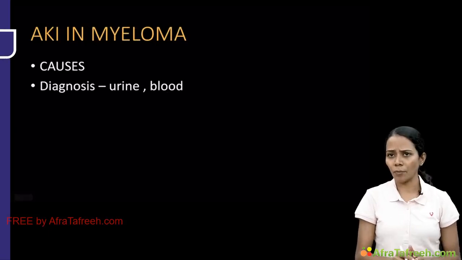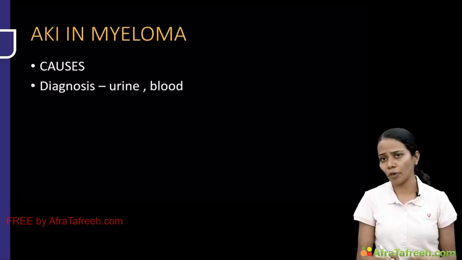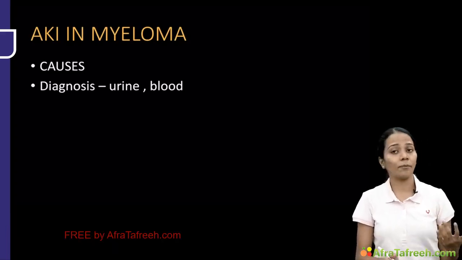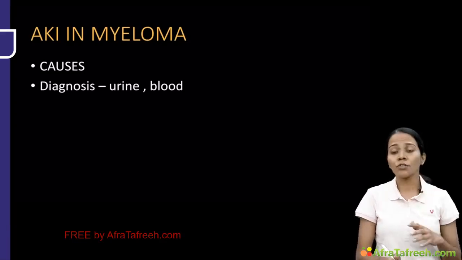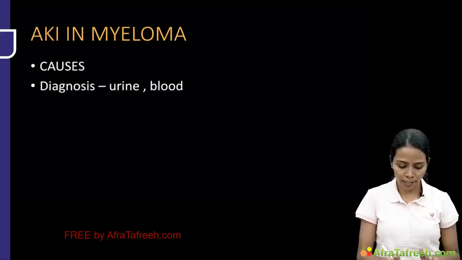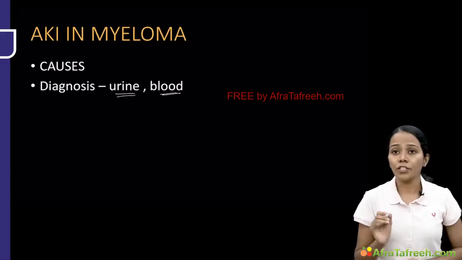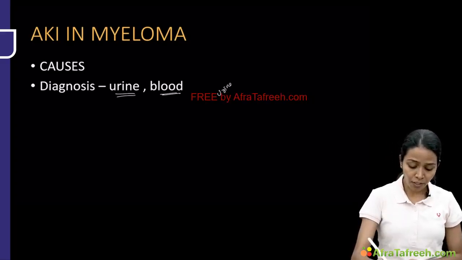And AKI and myeloma, we know that there are multiple causes. It can be pre-renal, like volume depletion from vomiting, it can be because of hypercalcemia, it can be because of myeloma cast nephropathy, light chain deposition disease. So amyloidosis, multiple causes are there. Okay. Diagnosis is basically by urine and blood. In urine, there is an important marker: urine routine will show nil or minimal protein, because